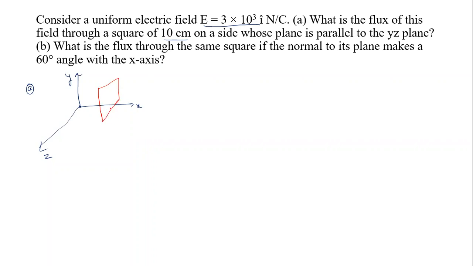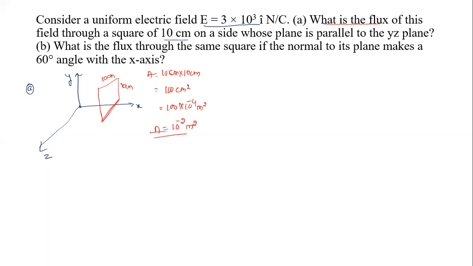Now, of course, it's not a perfect square. Like this it is there. Now we need to find what is the flux through the same square. Okay, B part, let's leave it. So what is the flux? We need to find out. Okay. So side is 10 centimeter and this side is 10 centimeter. Area becomes 10 centimeter into 10 centimeter, so it is 100 centimeter square. Convert centimeter square into meter square: 100 into 10 power minus 4 meter square. It has become 10 power minus 2 meter square.